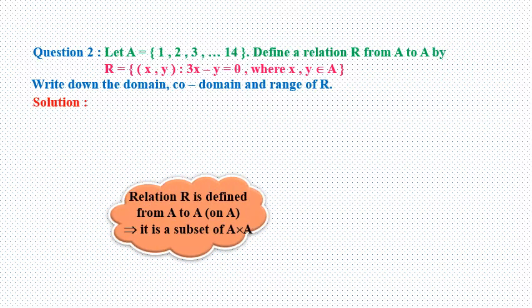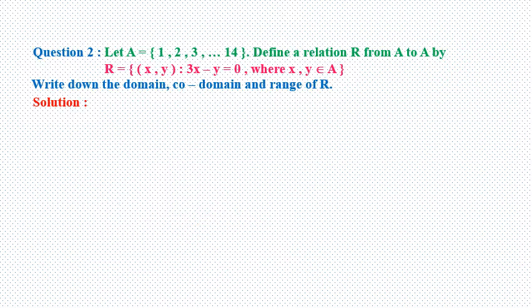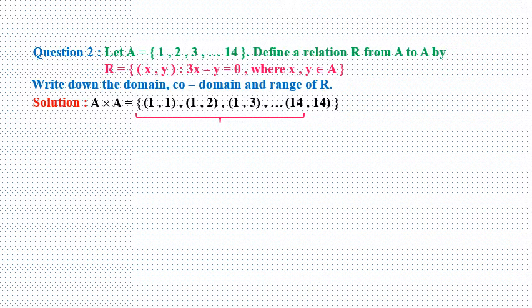See here, what we can do. Again, we want A cross A first. Then we do A cross A. So again, and so on like this. The elements will look like this. Now let us see here. 196 ordered pairs will be present here. Correct. So then what we need to do?